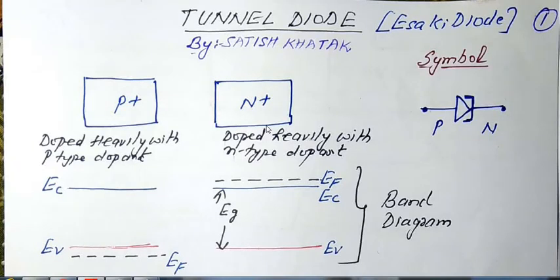Hello friends, today we are going to discuss another solid state device, that is tunnel diode, which is largely used at microwave frequencies. So in today's lecture we are going to cover the basic concepts related to the tunnel diode, such as the tunneling effect, operation of tunnel diode under zero bias condition, forward bias condition and reverse bias conditions also. Along with this, we are also going to see how this tunnel diode is going to act as an oscillator.